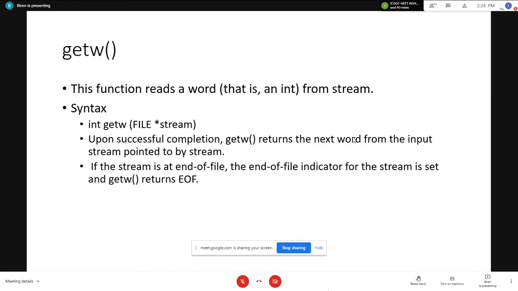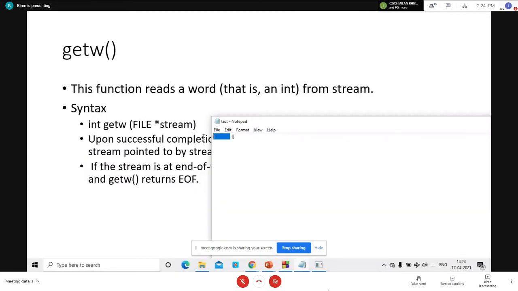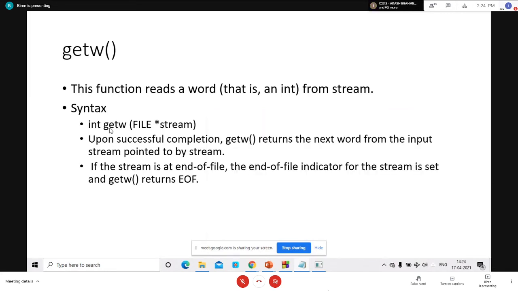If you use getc and putc functions, you can read each character inside a file. But if you use getw and putw, you are not going to read any character inside a file. Here you can see the data is written, but we cannot observe this data in a normal text application.